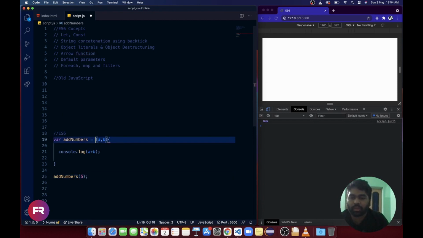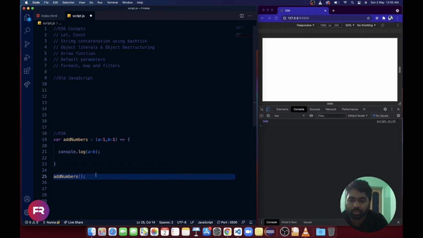Instead of this, we can use an arrow function like this, with a equals 1 and b equals 1 as defaults. If some parameters are missing, like we are not passing any parameters to the function, it will take a as 1 and b as 1.